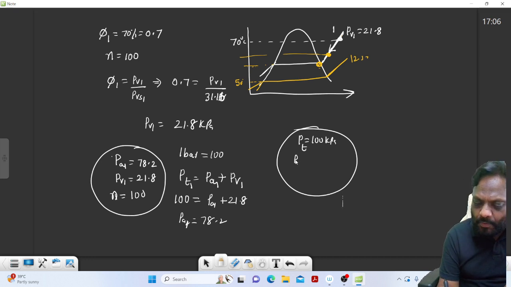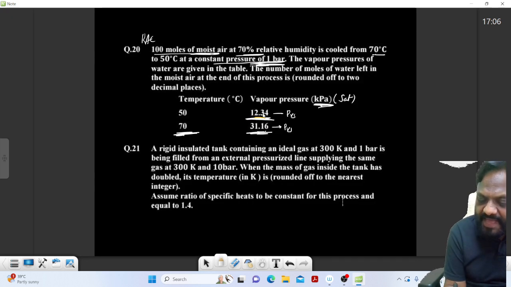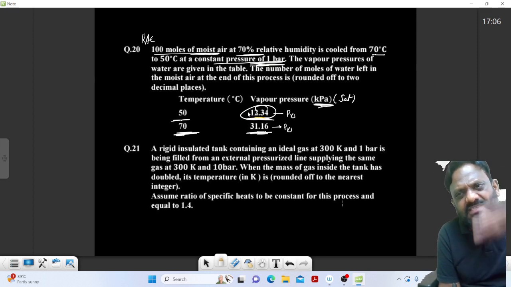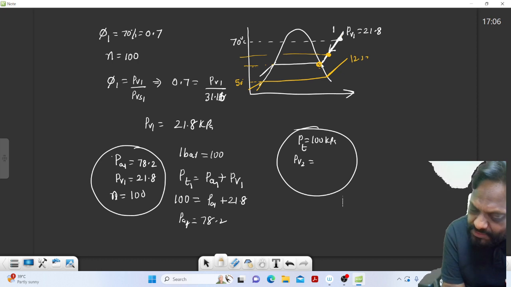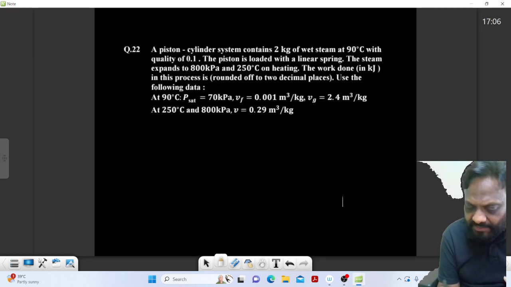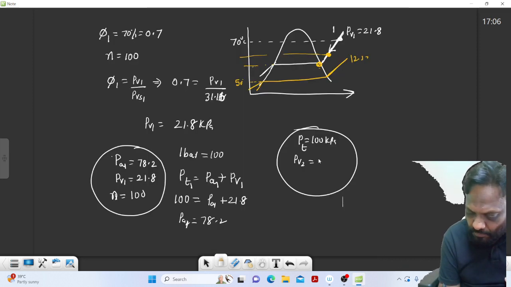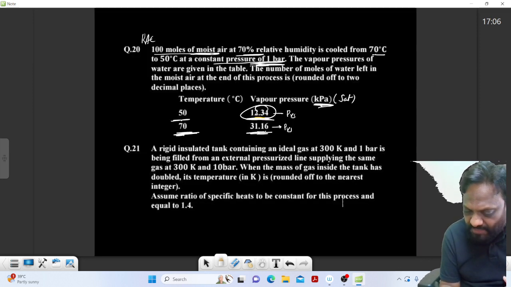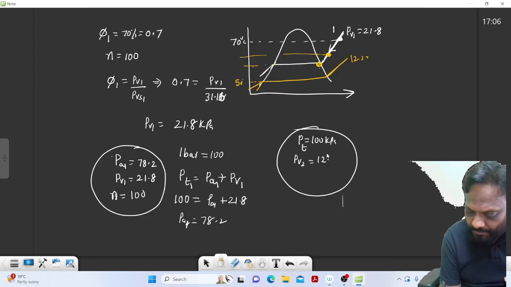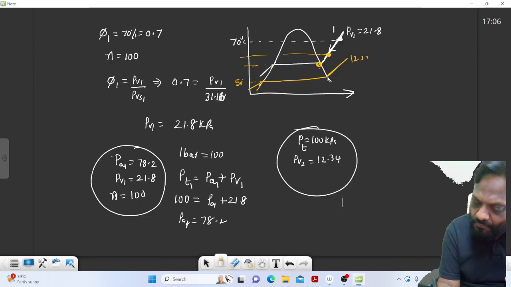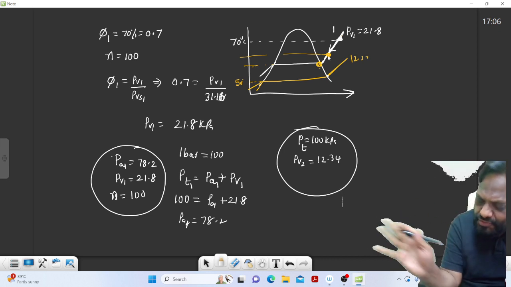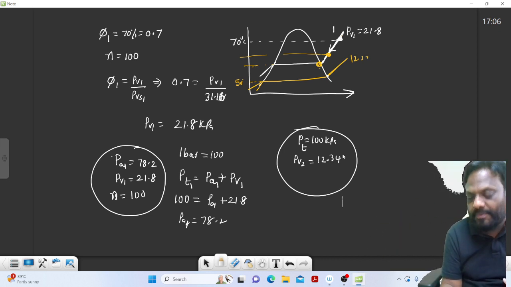फाइनल पीवी कितना होगा सर? PV2, बिकॉज वो तो सैचुरेशन रीच कर रहा है सर. फाइनली इट इज रीचिंग 50, तो सैचुरेशन रीच हो रहा है, बिकॉज अदरवाइज इट कैनॉट बी विदाउट रीचिंग दिस पॉइंट, तो कंडेंसेशन हो रहा है सर. फाइनली इट इज पीवीएस, तो ये 12.34, 50 डिग्रीज पे वो आ रहा है सर, टच होके लूज करके, इट इज लूजिंग मॉइस्चर एंड रीचिंग दिस, फाइनल रिलेटिव ह्यूमिडिटी 100% है सर।